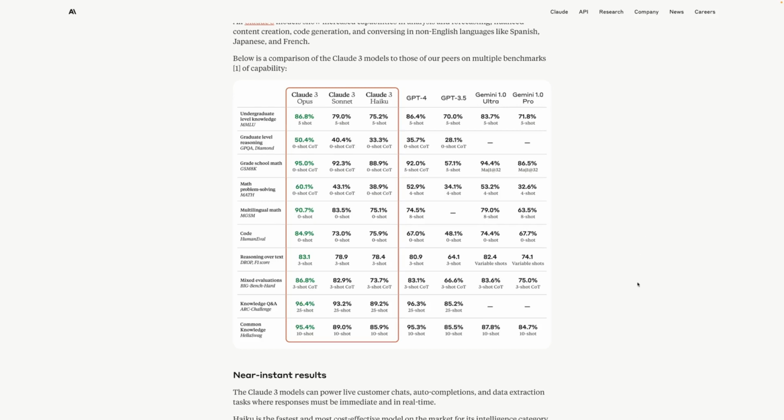Now, another factor you might want to consider is which features those different models offer. For example, when I recorded this, those Claude models did not have access to the internet. ChatGPT, or to be precise, ChatGPT Plus, does have access to the internet. Microsoft Copilot has access to search results, and that might matter to you. So it also depends on what you're trying to do, which model you want to use and which chatbot you